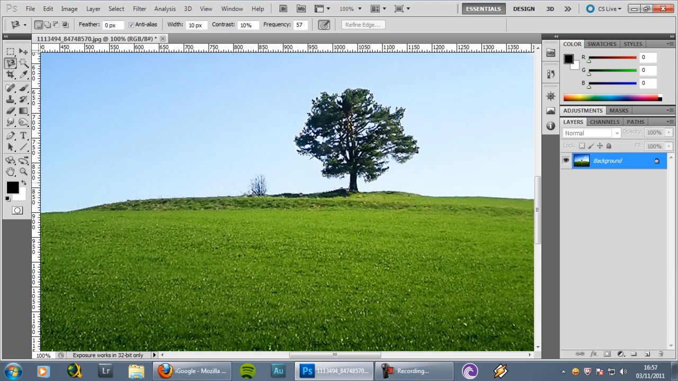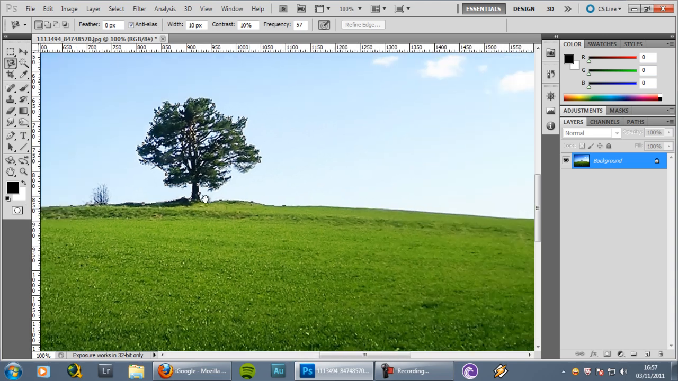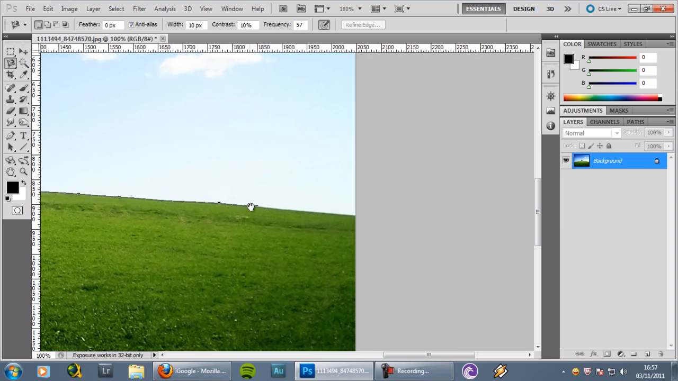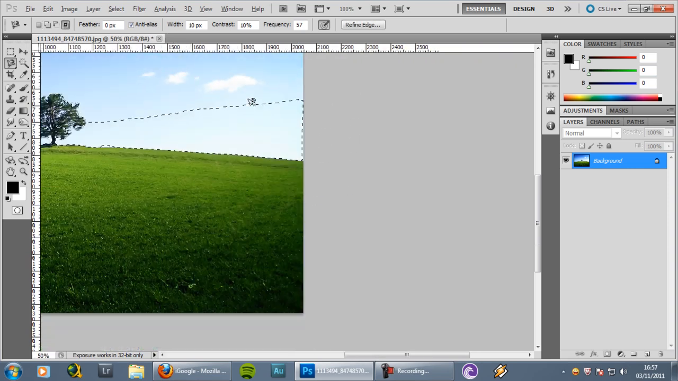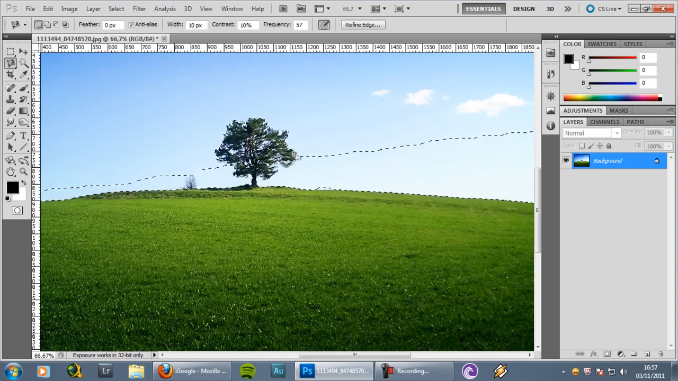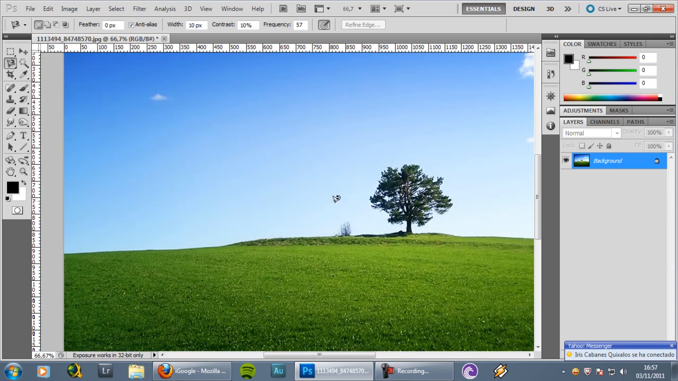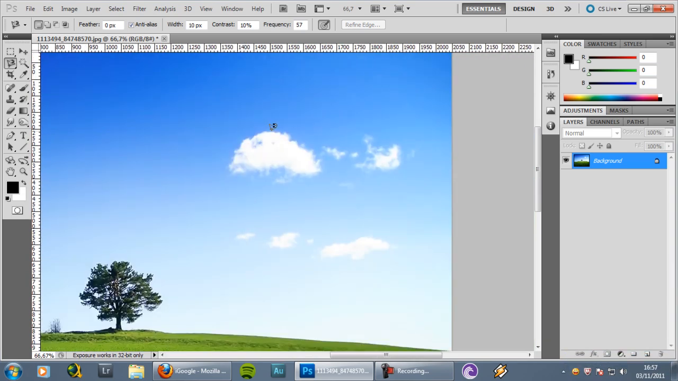You can click if you want to set a specific point, like here, but if you hold your mouse close to the area where there's contrast, it will lock like a magnet to it, and you can drag like this, and if you double click, you close the selection. Of course, this is a horrible selection, but anyways, for example, if you want to select this cloud, you just click here and follow with the mouse. It's not perfect, but